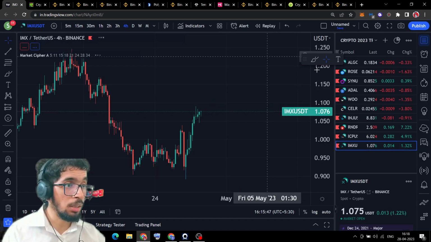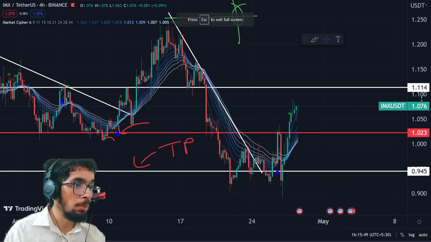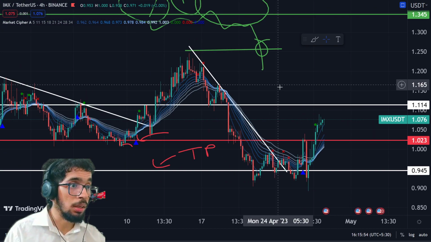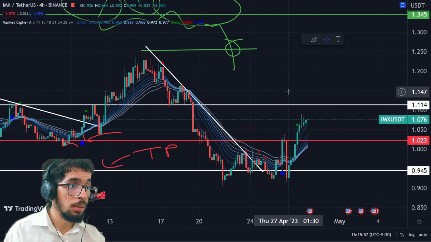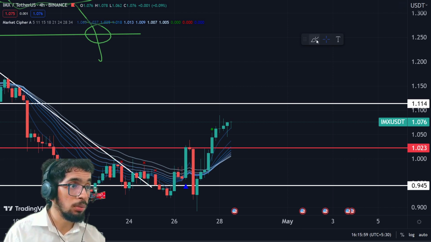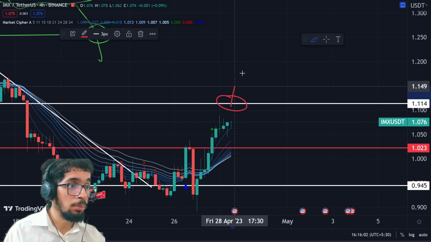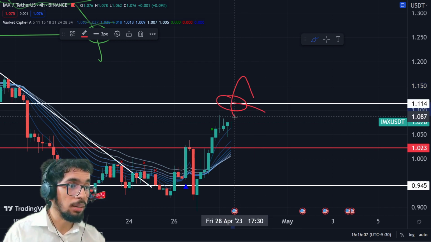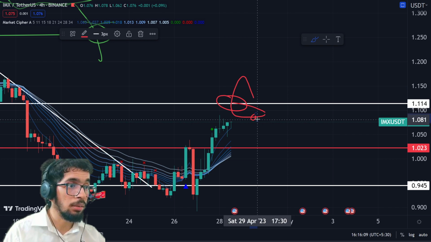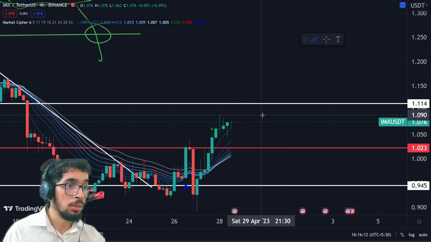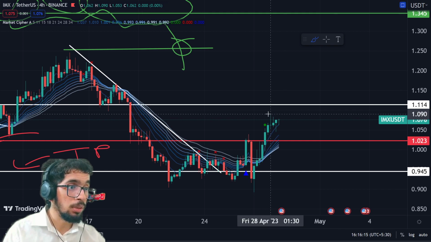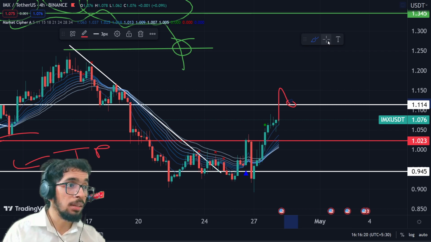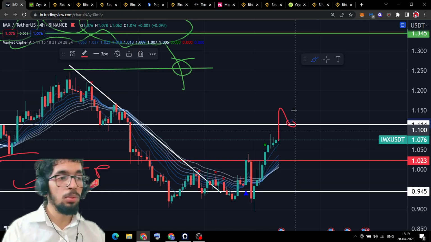Then IMX, let's check, because all on the bubble they're popping, right? So IMX also is bullish, and right now we have to wait and watch what it does here. If it breaks, makes support, or it will do the triangle right here, then you can put your position right here. So we need to watch. It's bullish till now, but we need to watch. Once it breaks this, probably makes support, then we can enter.